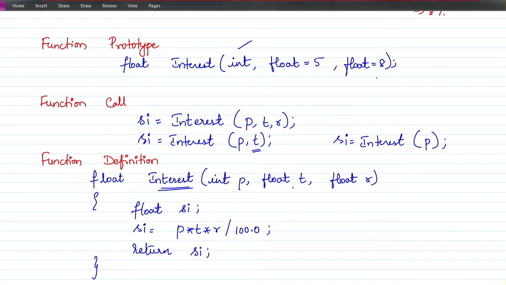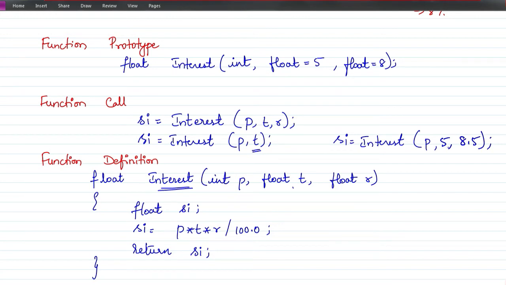Suppose I have a requirement, I have a situation wherein principal amount I have to give, time is 5 years only, which is default only, but rate of interest is 8.5. So among the list of default parameters, if you have to give value only for the last parameter, that is not possible. You must mention values for this also. Even if it is default value, you have to mention that, and then the last value is going to be 8.5. So here the value is, default value is also 5.